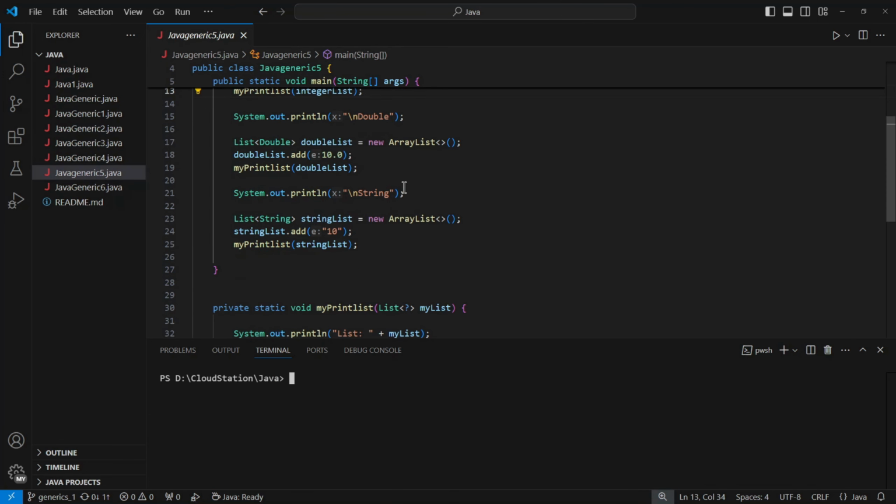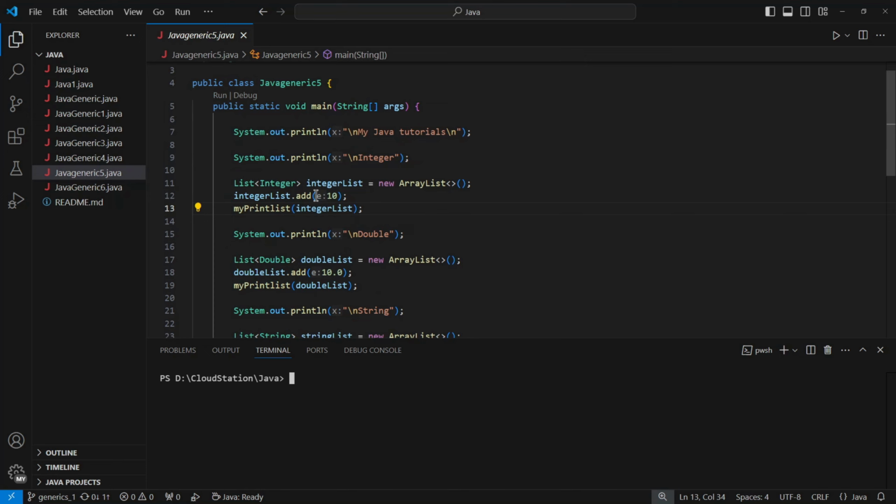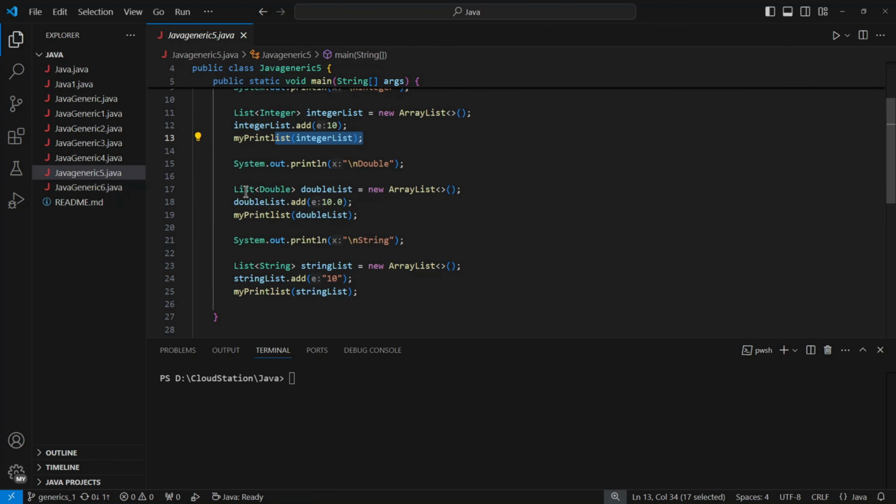The next example, we can go first here. You have a List with a wildcard type. That means we don't know the type. List of unknown type, myList, and print out the list. Go to the main, List of type Integer, new ArrayList, add value 10 of type integer, and print out the list. The same for double, List of Double,